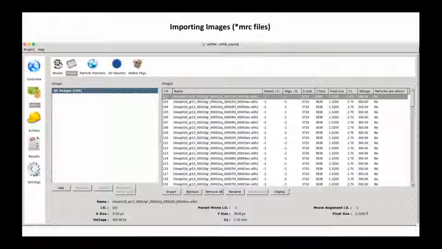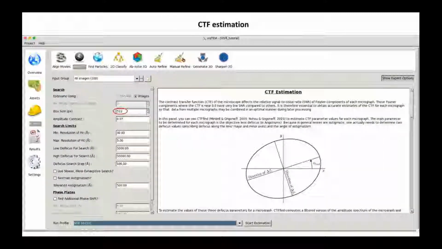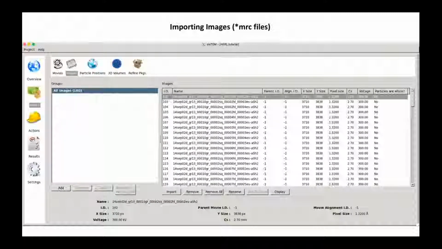So let's just make sure that. Does everyone see it? For those who are already